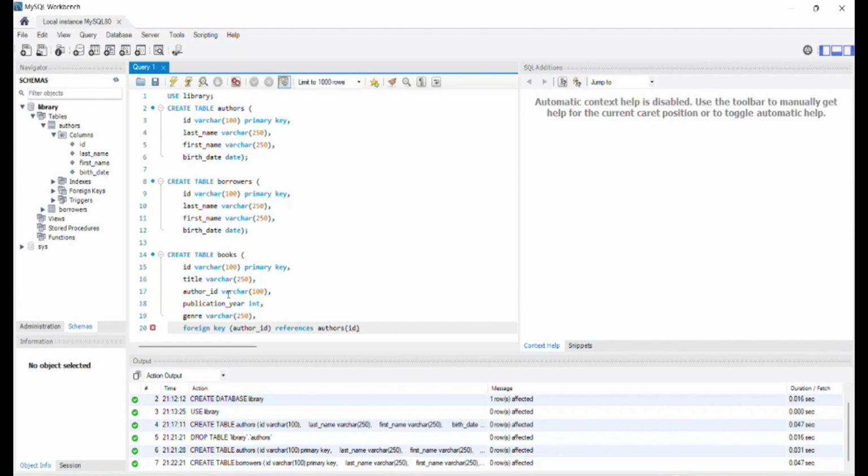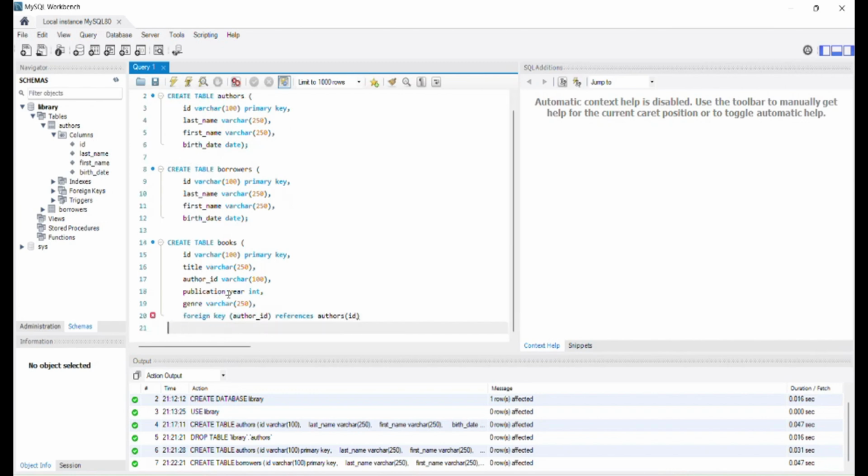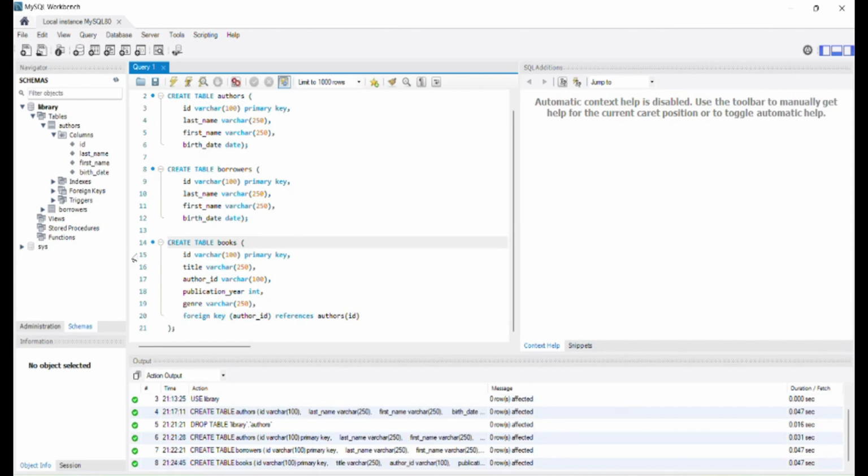Now we finish the books table with its creation, and we are going to execute the query as always. Now, once we have the table books created,